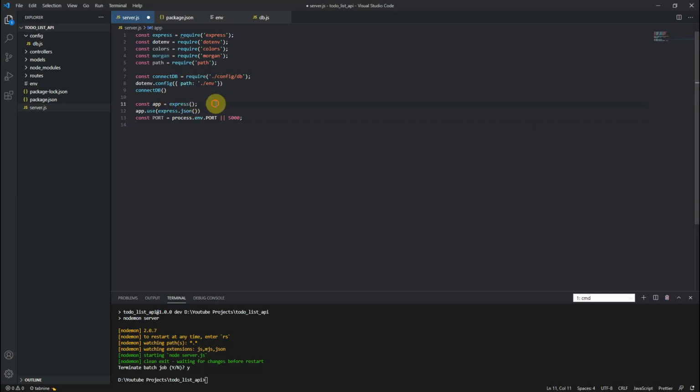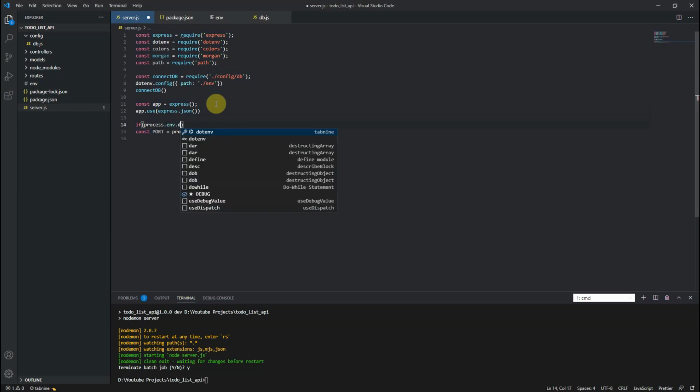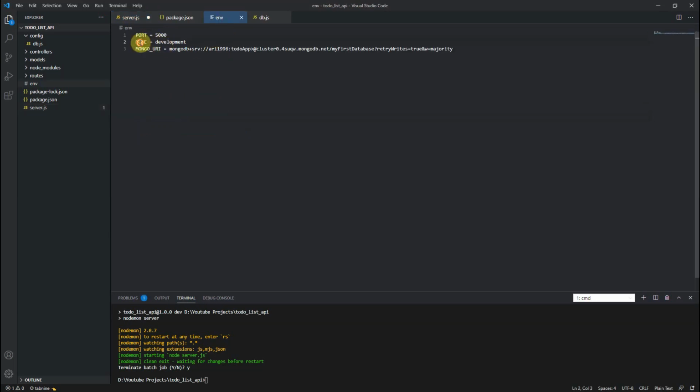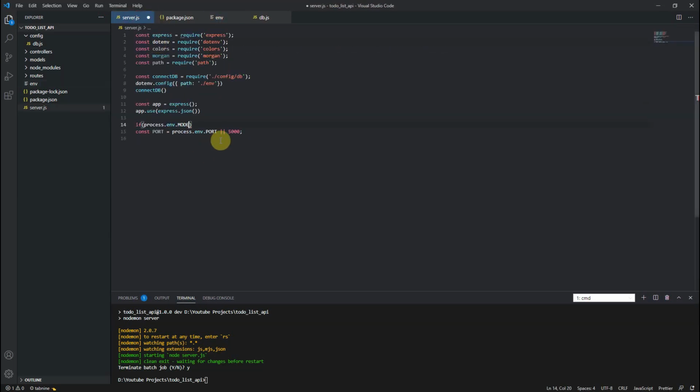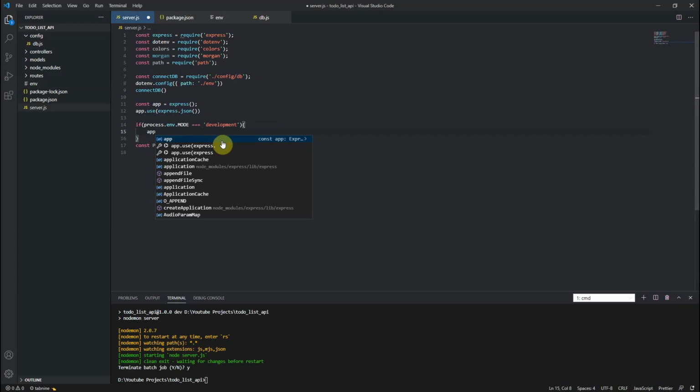Another thing we can use is Morgan. If process.env.NODE_ENV equal to development mode, then app.use Morgan.